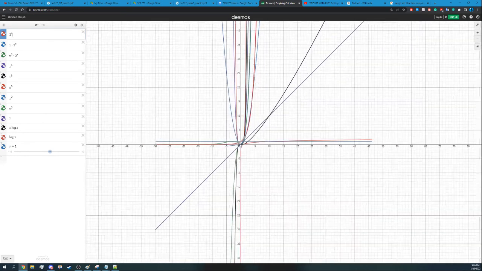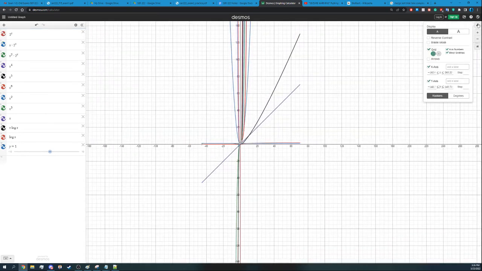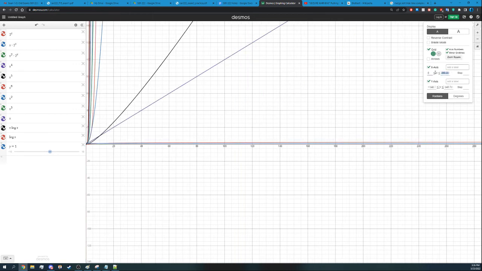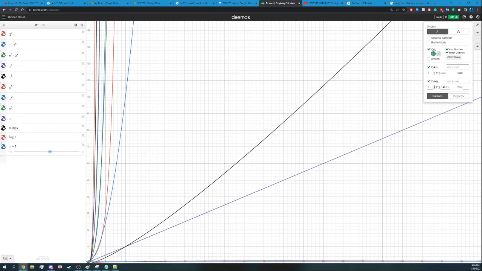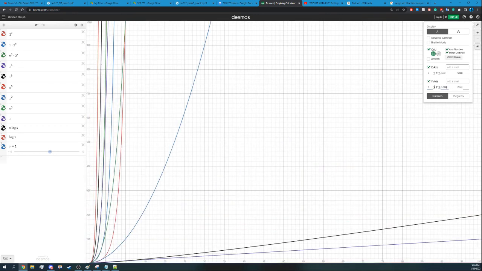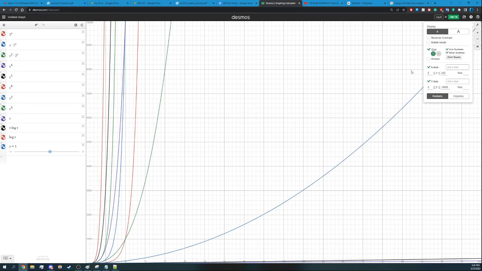If we were to look at the overall here, oh, so it'd be 2 to the x then. Okay. So you can see the